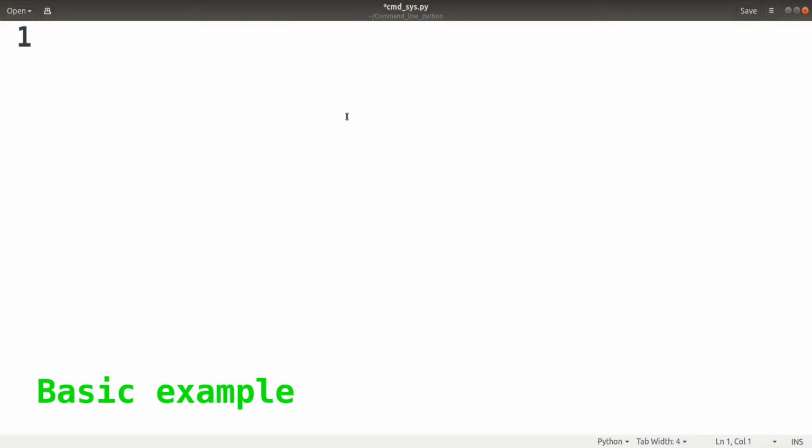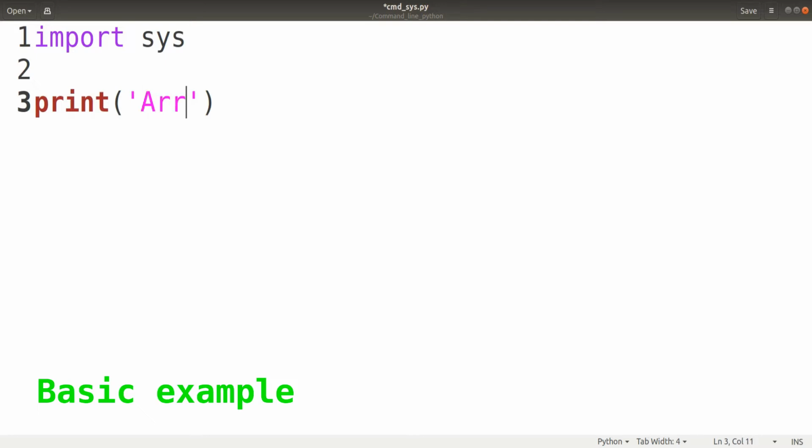Okay, so first we will import the sys library, which is inbuilt in Python for system specific parameters, right? So let's import sys. Now we are going to use a variable sys.argv, which is stored in this library, and this variable is of type list and it stores the list of arguments entered by the user. So let's print all the arguments using this variable.